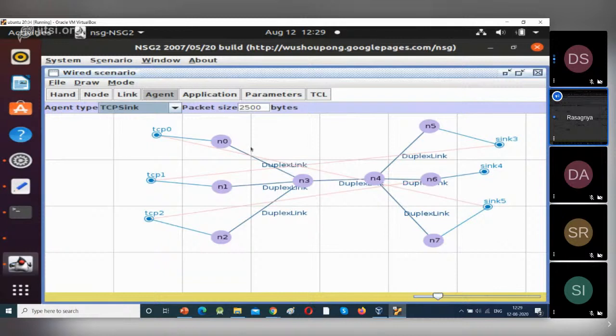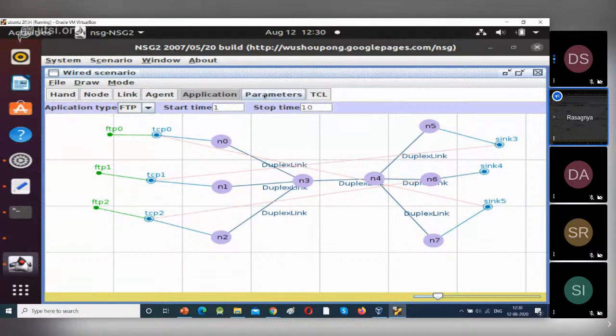So agents is completed. Now we have to go to applications. Now change start and stop time. Start time is 1. Change stop time to 10 seconds. Next connect FTP to all the TCPs. Connect FTP to TCP. Next connect FTP to TCP1. Next FTP, just click on TCP, move and click. So FTP will be connected to TCPs. Suppose if you want to give different timings for different TCPs, before connecting FTP you can change start and stop time. I'm giving the same start and stop times for all the FTPs.